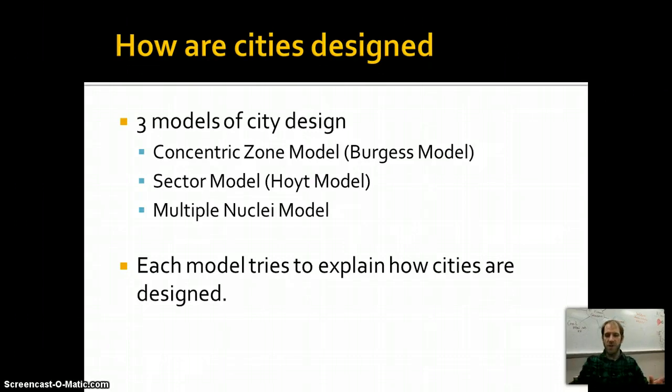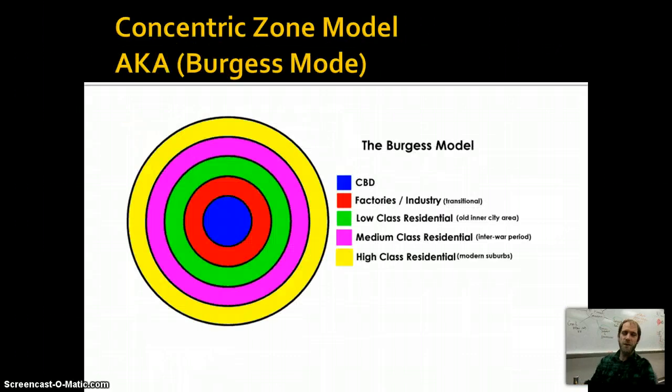So let's go ahead and start with the Burgess model or the concentric zone model, which is one from 1925. You can see it looks like von Thunen, right? It's concentric circles, but the difference here is that with von Thunen you're talking about rural land use and agriculture. With the Burgess model, you're talking about urban land use. So you're starting in the center. Instead of just a small town or village, you're talking about the central business district of a city, which again is the downtown area. So according to the Burgess model, cities have a downtown area, central business district, and then